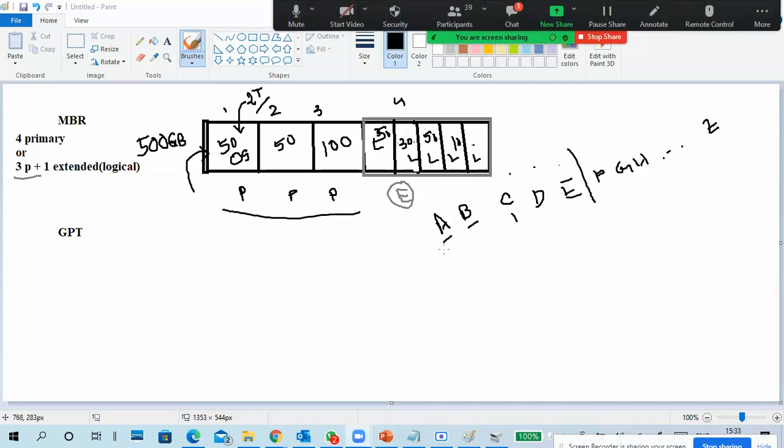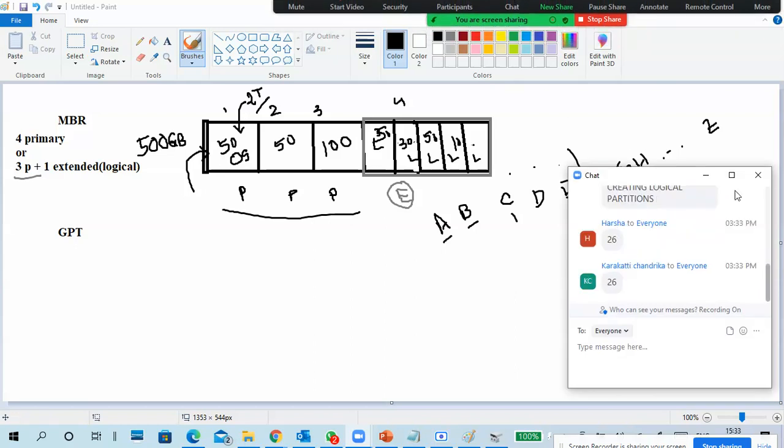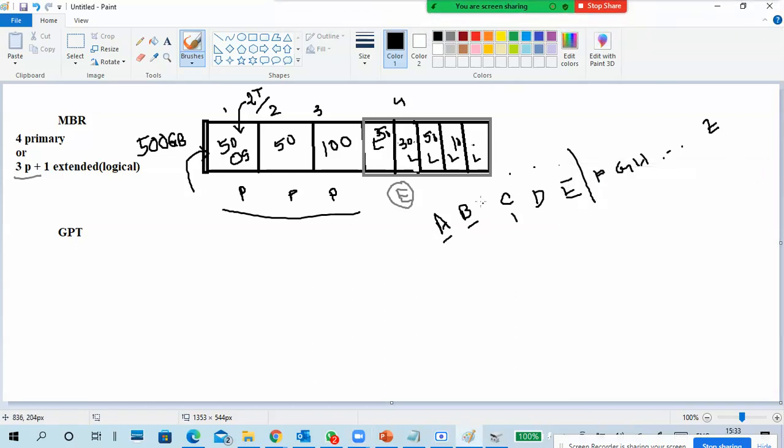26. 26. Very good. So then minus two is 24, right? So this is a total of 24. Okay, then these first three are primary. So what are these three primary? I took three primary, not just one.